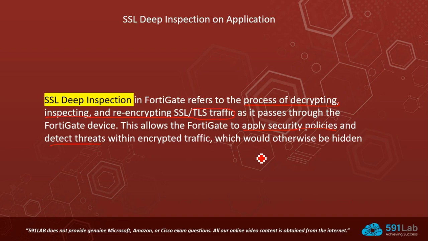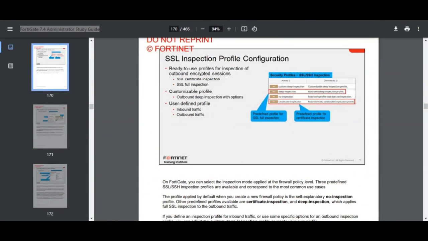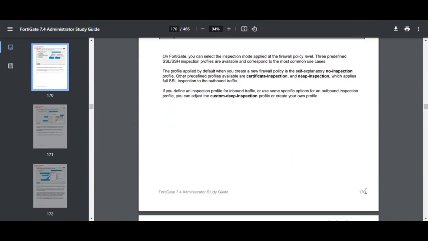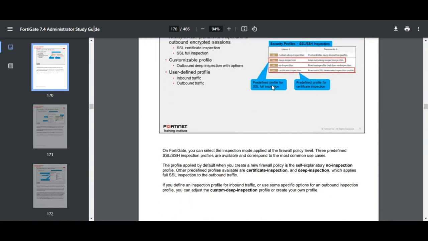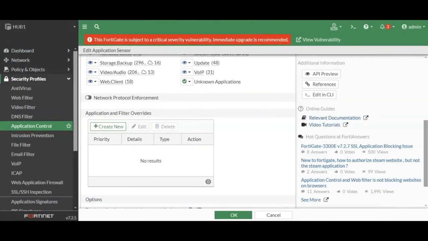Okay, let's open the FortiGate 7.4 Administrator Guide, page number 170. You can see here full details about FortiGate SSL inspection profile configuration. In the FortiGate, you should come to the security profile section. In here you can see SSL inspection